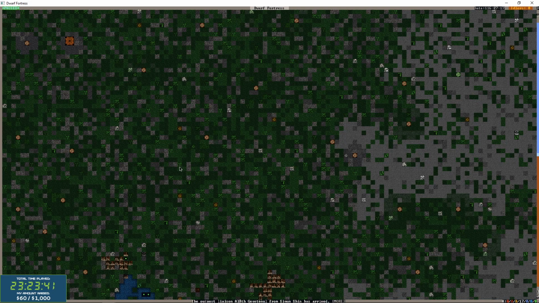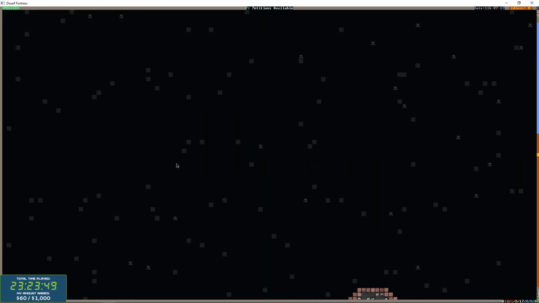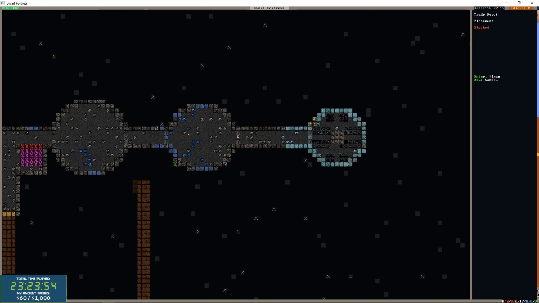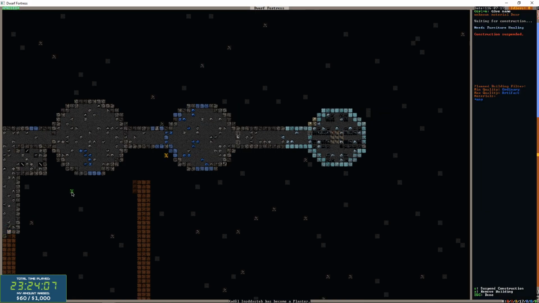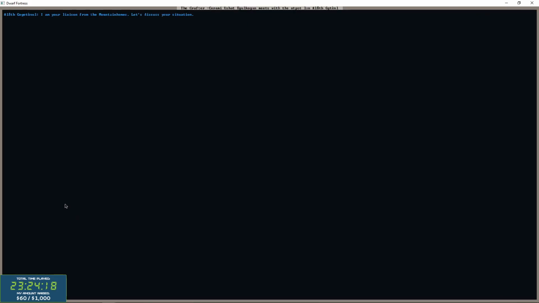There's no place for the merchants to unload their goods. That's a little earlier than I was hoping for, but that's okay. We'll throw this together real fast with some gabbro here. Had to make sure our architect was actually on the way to build it for us. Now this long, straight corridor, what we'll do is we will...